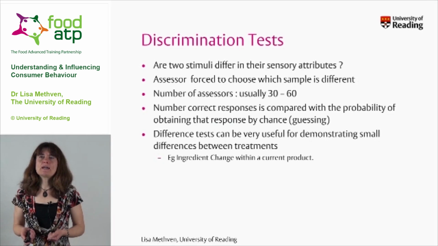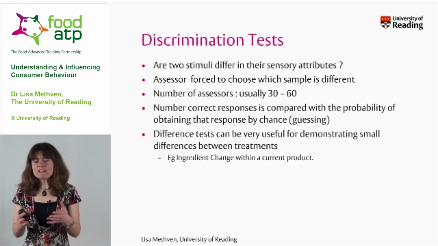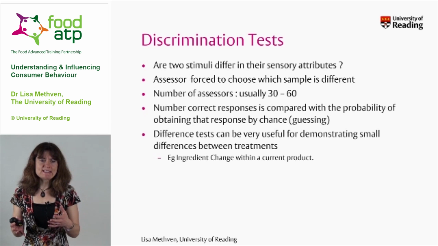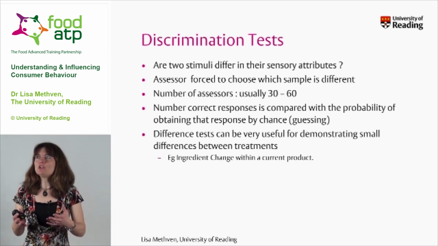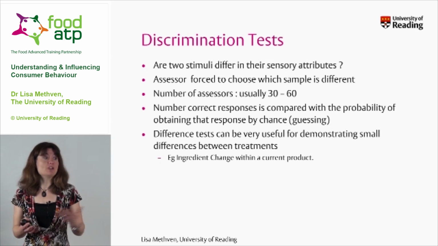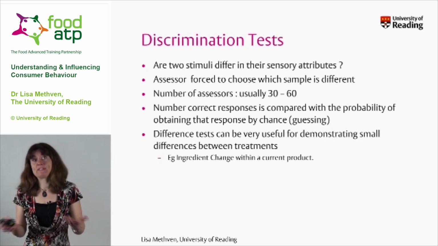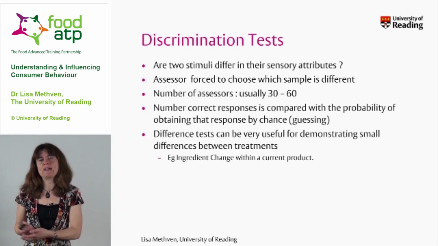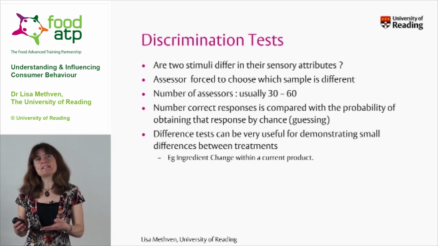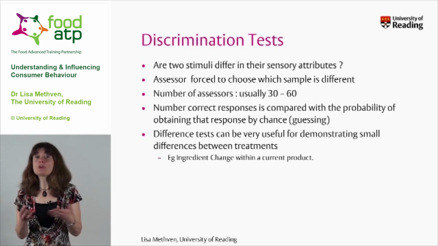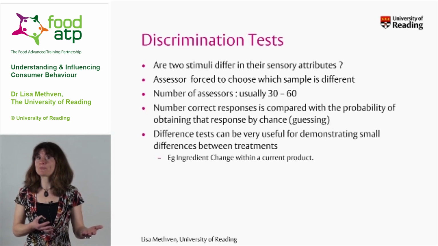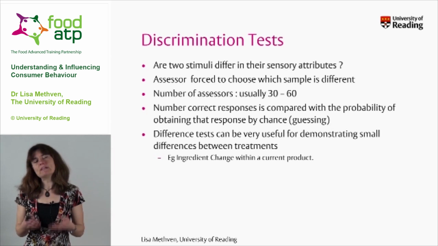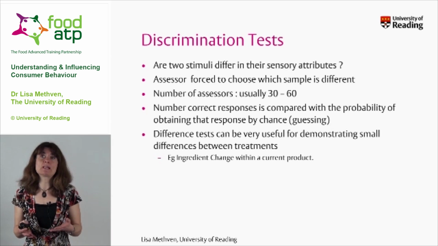So let's move back then to discrimination tests. The reason you might do a discrimination test is quite often, for example, you might have put a change of ingredient in there, either a new supplier or obviously a cost release exercise, or perhaps a nutritional benefit. You want to lower salt or change the fat type in the food. In those cases, you're often really interested in the product being perceptually the same as it was before, or no perceivable difference. So really the question you're asking is, are the two stimuli different or the same in their sensory